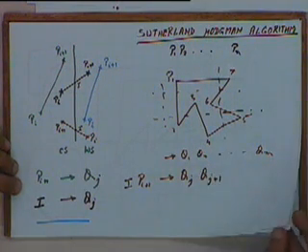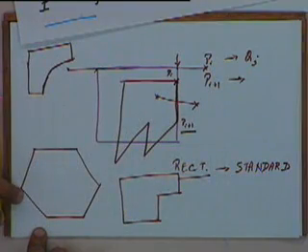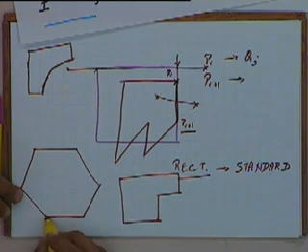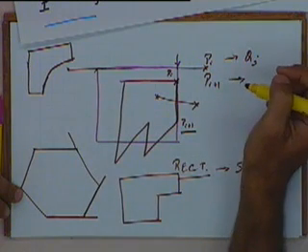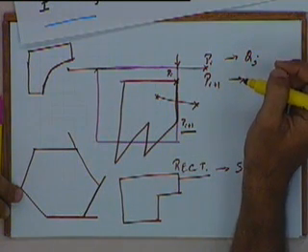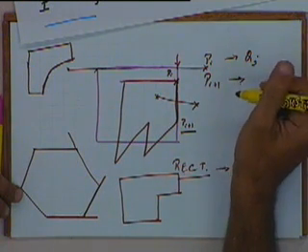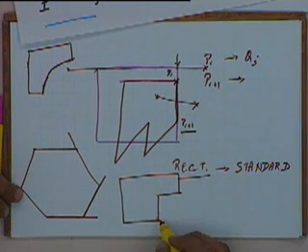Okay, if we follow this algorithm for a convex clipping polygon like this, we first clip with respect to this edge, then with respect to this edge, then with respect to this edge, and so on. We'll still get the same result. We'll still get the correct result. Okay, but if we follow it with respect to this concave clipping area, we will not get correct results.